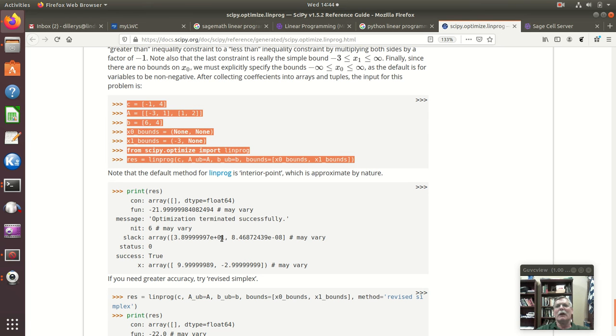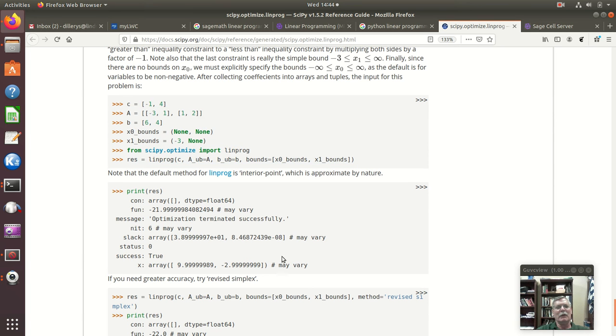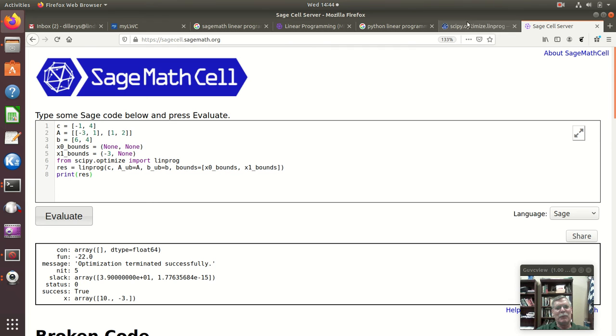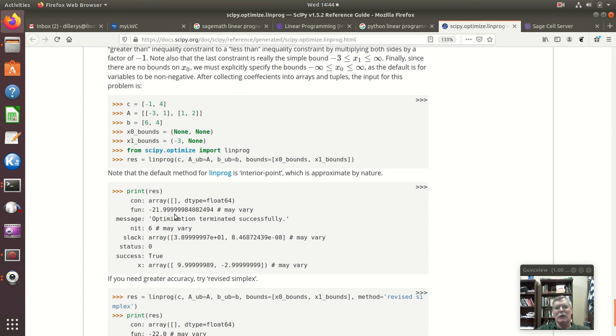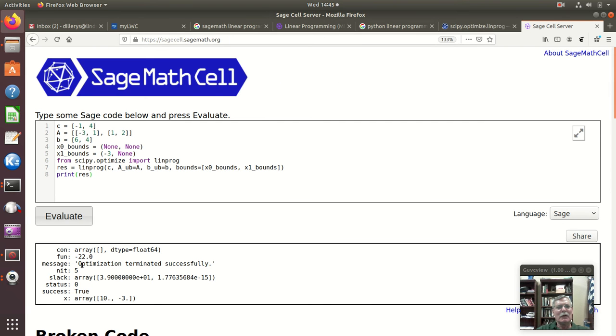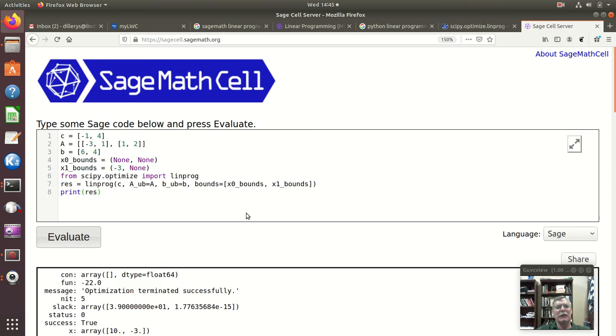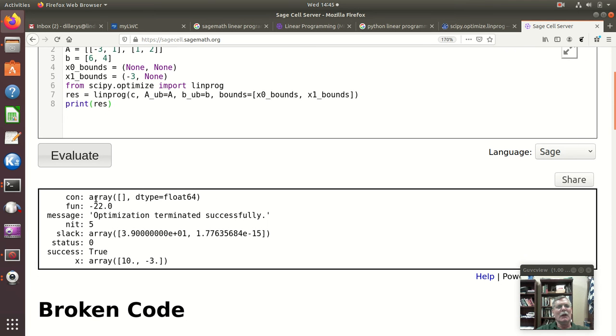I think I got it in a slightly different order? Now notice this says may vary. Interesting. Let's look again at what they get. They got -22 basically, right? Their function value -22. That's what we got. I can make this a little bigger so you can see better. So we got -22. It says the optimization terminated successfully, and we got the numbers 10 and -3 for our